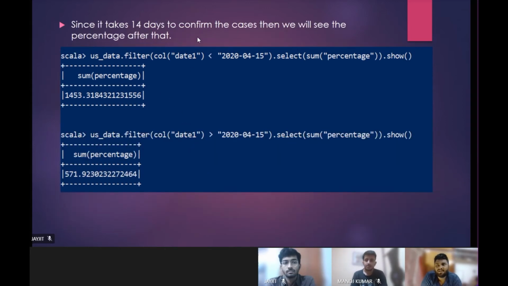Same also here. For COVID cases, we can understand that it normally takes 14 days to confirm a case. So we can see how the lockdown had an effect. After lockdown but before the 14 days part, we can see that the cases were high, and after the 15 days part of the lockdown we can see the cases decreased. So again we see that the lockdown has really had an impact, because we are taking the 14 days data after lockdown. Next slide, please.